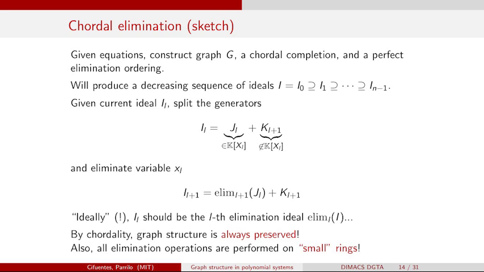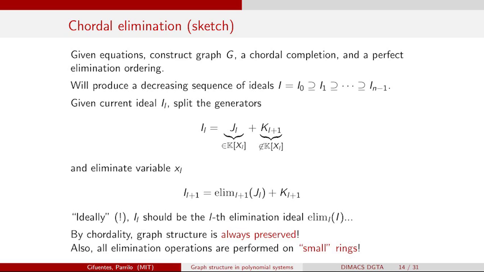So what's the idea? I'll give an example in just a second, but let me describe at least a high-level version. What we're going to do is a way of eliminating variables. In algebraic geometric terms, this means that you're going to compute some kind of decreasing sequence of ideals. These are what's called the elimination ideals. But the basic idea is going to be the following.